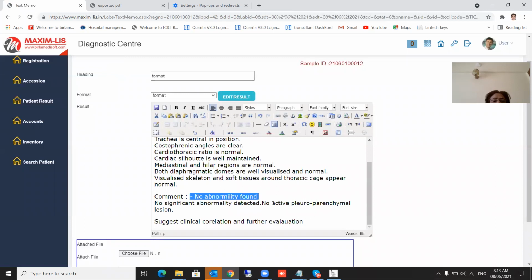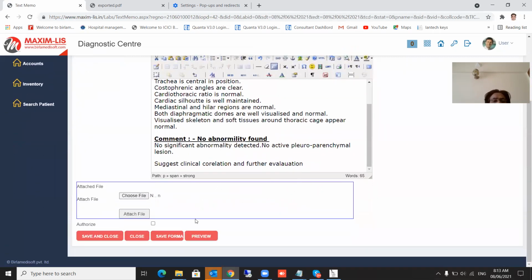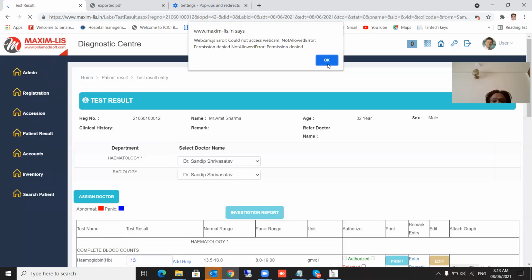You can bold it, change the color, underline it, everything you can do. Then there is a button called save and close. So my report is ready.